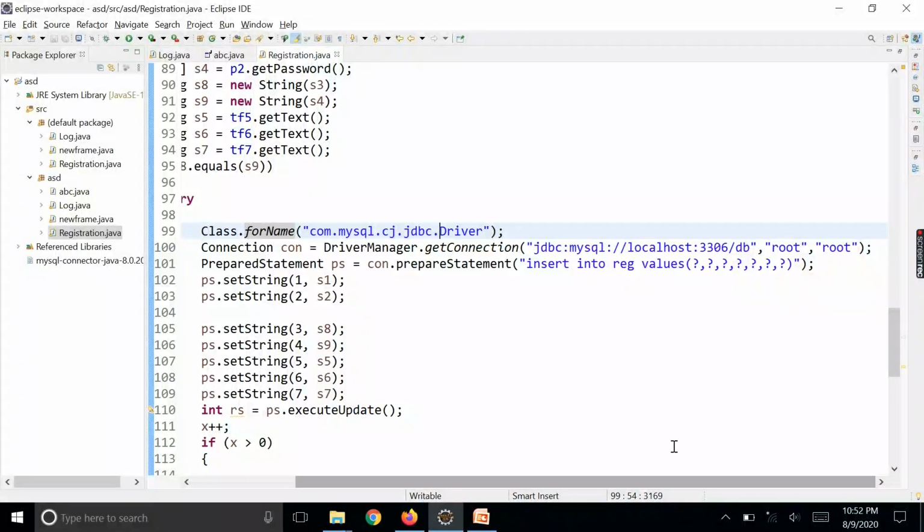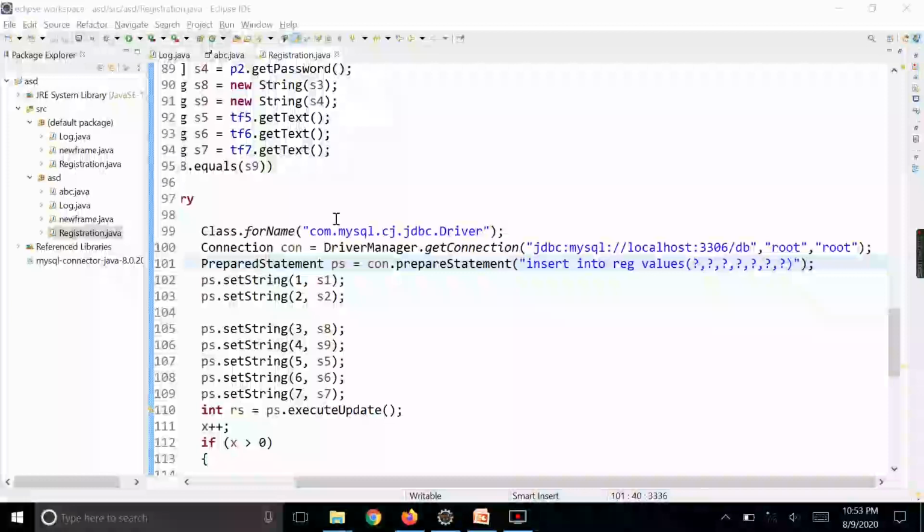So here it is used. ps.setString(1, s1) means the user has entered something into the first text field and that is stored into the s1 string, and this string is passed into the first column of the database by using the first sequence. Similarly, the second, third and up to the 7th will match all the columns of the database.